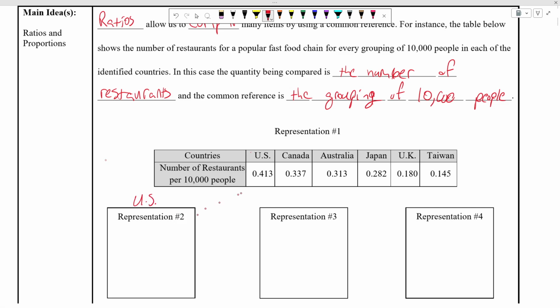So let's just focus on one of these countries. This one just happens to be the first one listed. Let's just focus on that to help illustrate the different representations. So you'll see ratios sometimes represented as this. I'm going to use a variable first before I start putting numbers together. So let's say that we have one value, and you'll see this little colon symbol here, and then the other value. Like I said, I'm going to use variables to illustrate the point before I start putting numbers together. So when we look at the US, the situation here with the restaurants and the 10,000 people, what this would end up looking like is something like this: